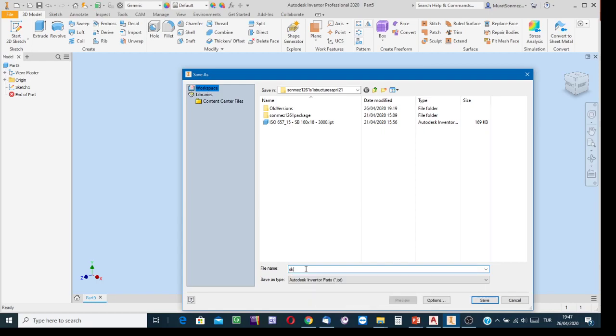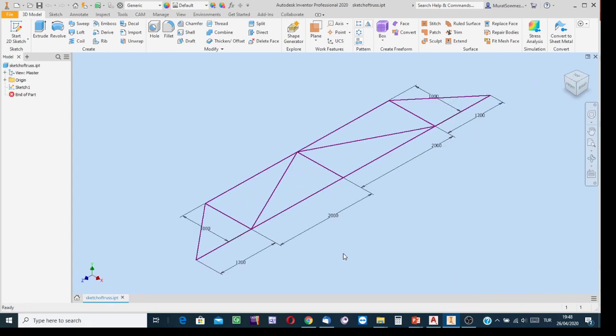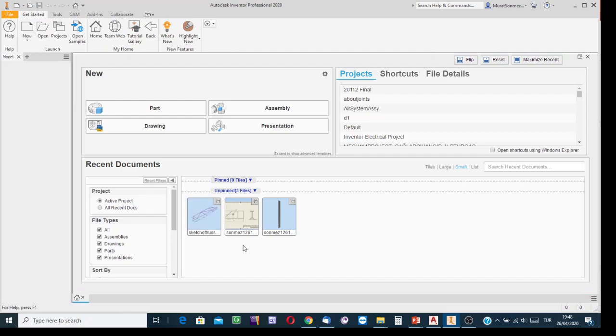Sketch for truss 1. Sketch of truss. Okay, sketch of truss. Good. Save this file. And then yes, close this file. No need to keep it open. And then for creating the model of the truss, in our example, the structure, the frame, is a truss. Open the assembly template, new file,